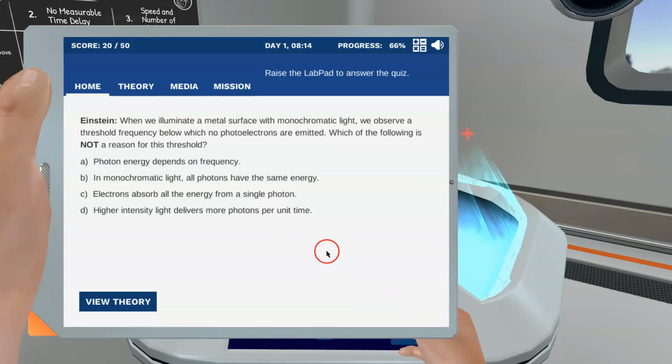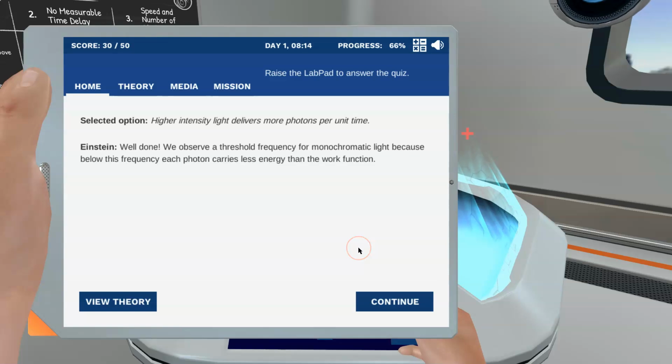When we illuminate a metal surface with monochromatic light, we observe a threshold frequency below which no photoelectrons are emitted. Which of the following is not a reason for this threshold? Well done. We observe a threshold frequency for monochromatic light because below this frequency each photon carries less energy than